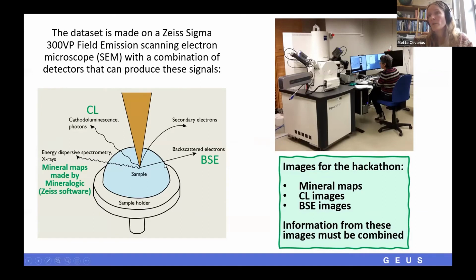For the assignment, we use these mineral maps made by this Mineralogic software. And you should also use the cathodoluminescence CL images, and also the backscattered electron BSE images. And all this information must be combined in order to make the